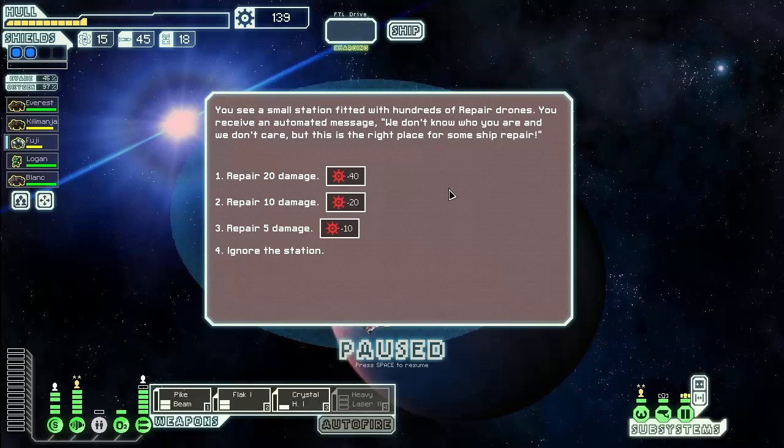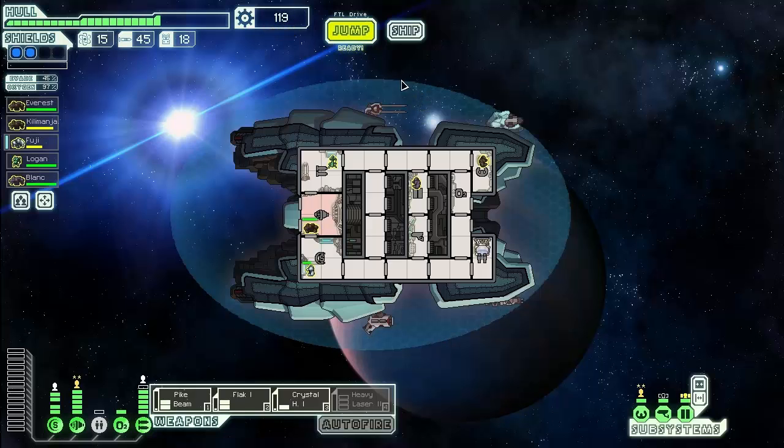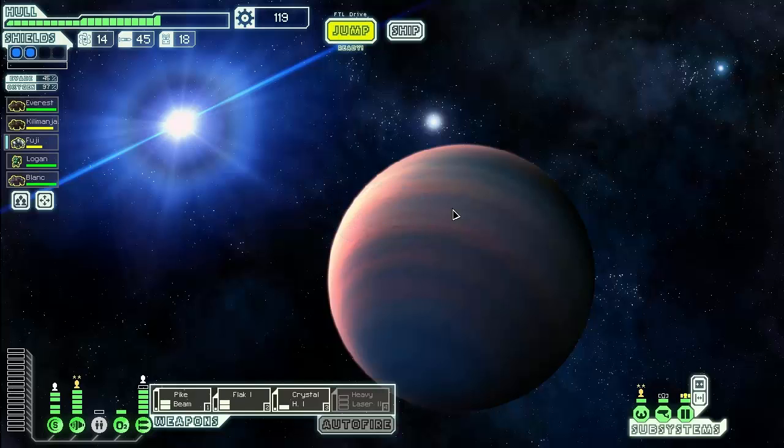Oh, fantastic. This is exactly what we needed. Repair 10 damage for 20 scrap. Good cost, and that brings us right up to where we want to be. Thank you for your business. No refunds. Done and done, sir. Okay, that was pretty ideal there for that jump. Now we're going to go around this way and probably try and make it to the exit within a reasonable amount of time. Let's get jumping and see...